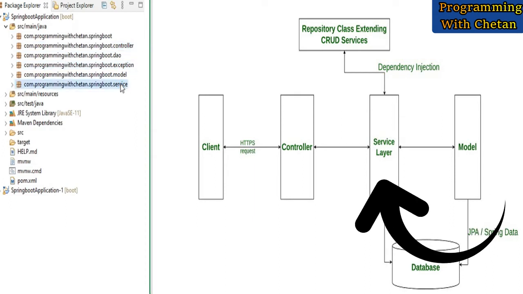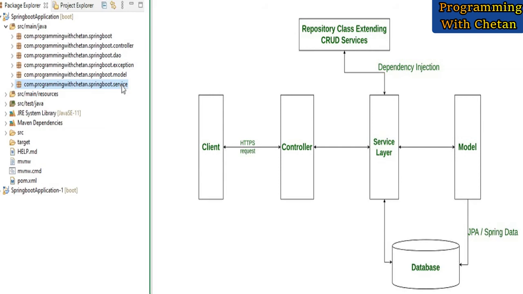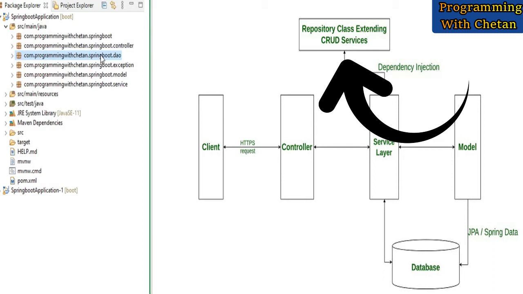Inside the service layer, we can have various business logic along with various validations, and the service layer is the one which interacts with the database layer or the DAO layer, either to retrieve values or to store values, or to create, update or delete any resource in our database. For all those purposes, our service layer interacts with the DAO layer. That's why we have created a DAO package. Inside our DAO package, we have various repositories which interact with the database to perform various CRUD operations.